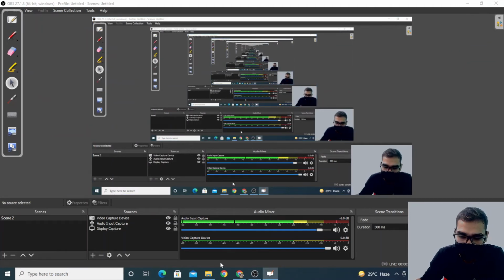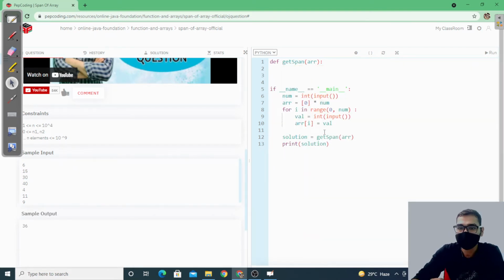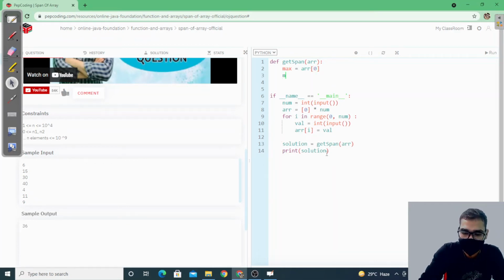So let's try to code it now. Okay, sorry, I will remove this for you. So we need to complete this function. First of all, I will create my max value and assign it with 0. Then I will create my min value. Max and min are actually built-in functions in an array, so I need to change their names. How will you find out what is a built-in function and what is not? The color becomes orange. That is the simple thing you have to keep in mind.